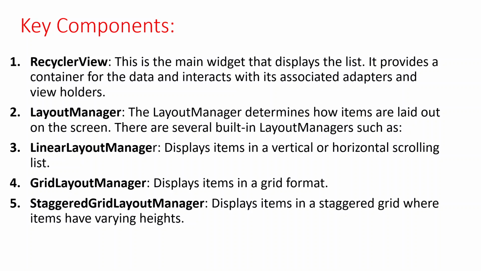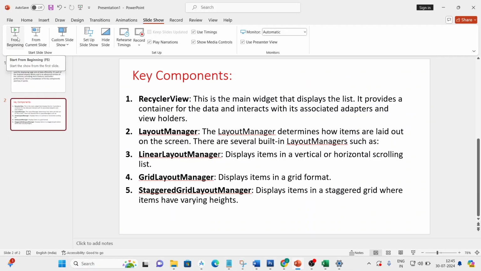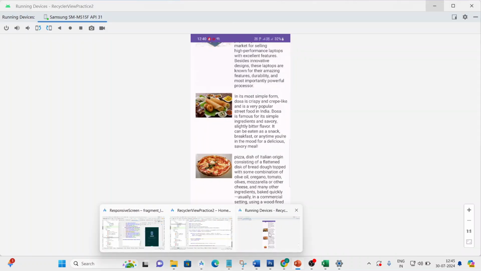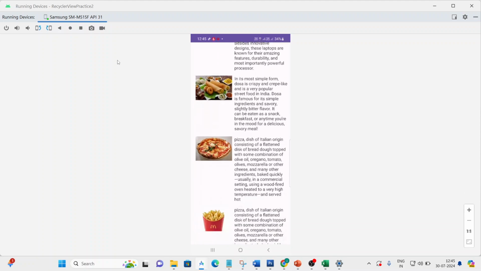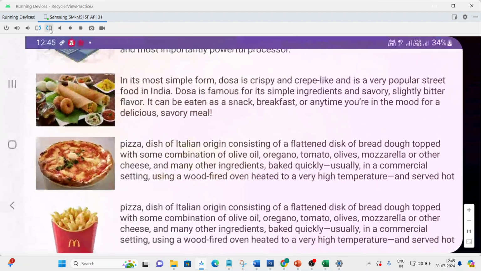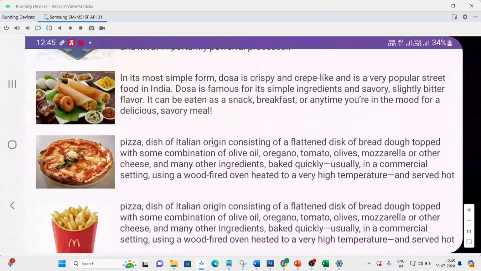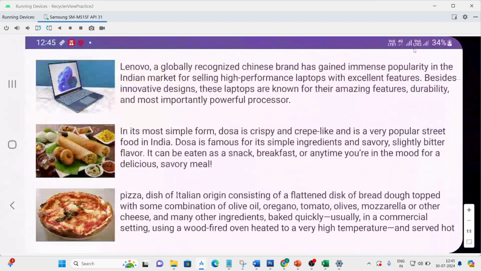So basically, RecyclerView reuses the memory of views which are not visible and recycles it to display the next views. Let's understand it by giving one example. Open Android Studio, and here I have created one design like this. This is a RecyclerView, and let's rotate it horizontally. As you can see, this is a RecyclerView. Let's understand it